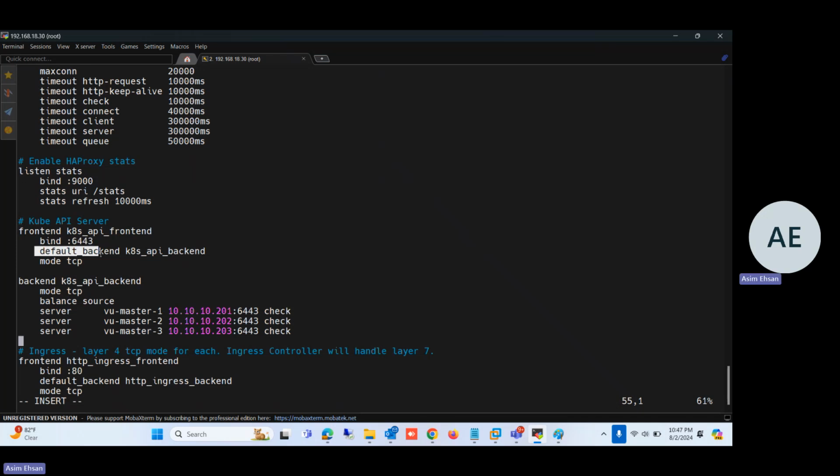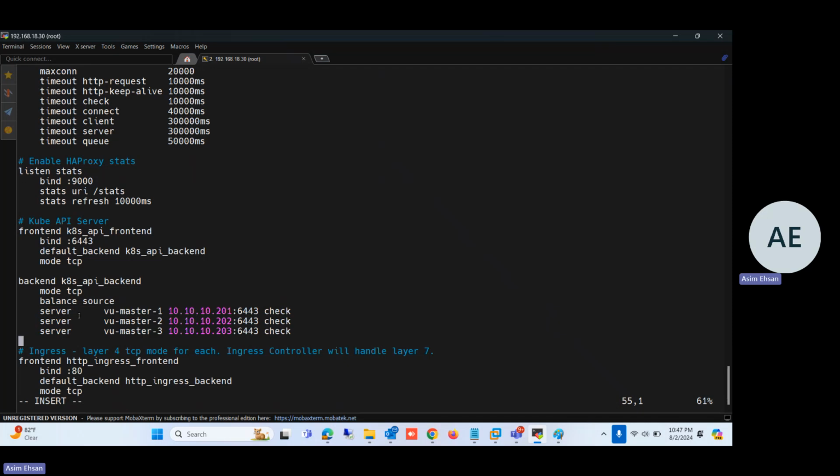And the default backend means where to route the received request on 6443. It will be routed to the K8S API backend. And the backend is defined here. Backend K8S API backend, and it is a TCP protocol. Balance source means distribute the request among these 3